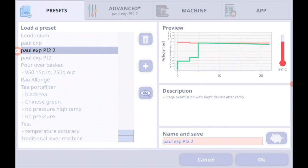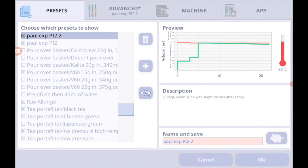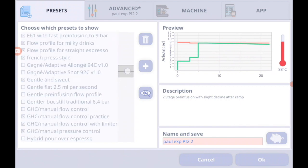So Andrew F, hello Andrew F. You've got a question unrelated to cleaning: the easiest way to calibrate flow. I just got the 0.3 mm basket, just run the calibrate profile and adjust the flow multiplier. Excellent. So the easiest way is to use the flow calibration setting. If I just find it on our tablet. So in presets, if you can't find it in your regular menu, you may have to use the eyeball to bring up the main list. And you should find something called